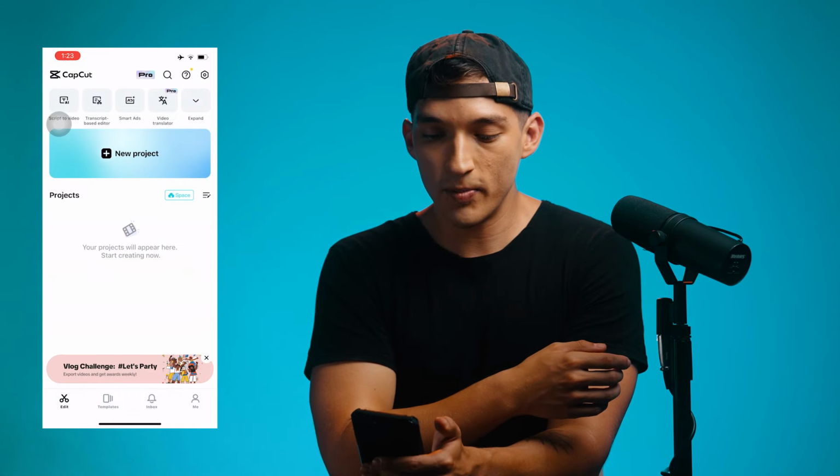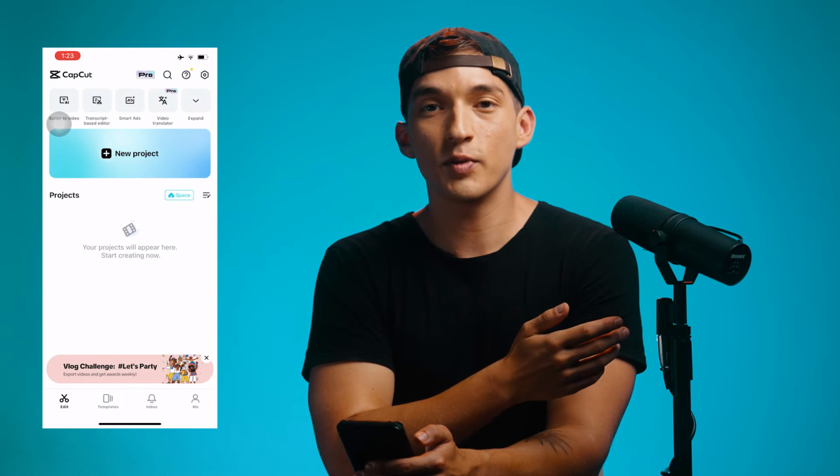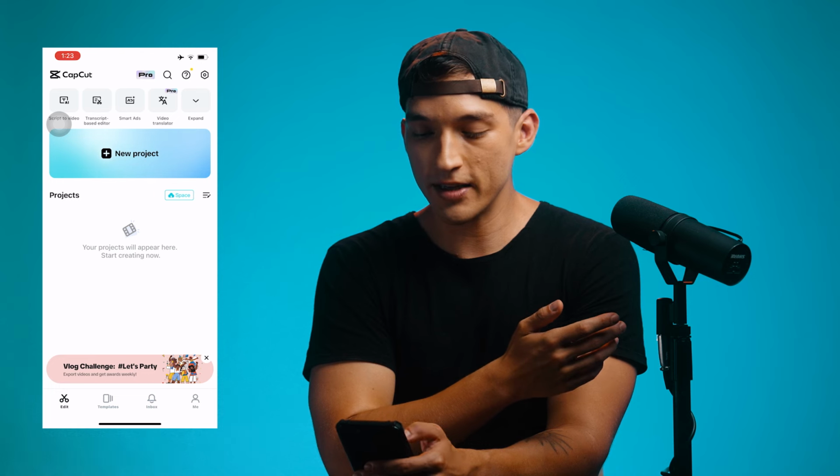The app that we're going to use is called CapCut. It's a free video editor. It has options to upgrade, but it's free to get started. So we're going to go ahead, open that app up, and we're going to get started with our video edit by clicking New Project. We're going to scroll down to our main video clip that we're going to be using